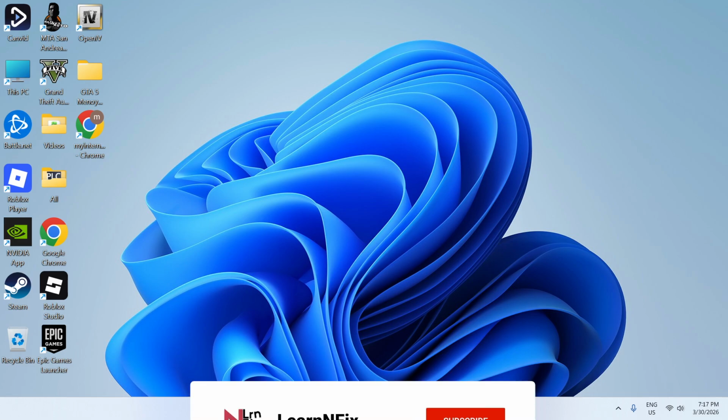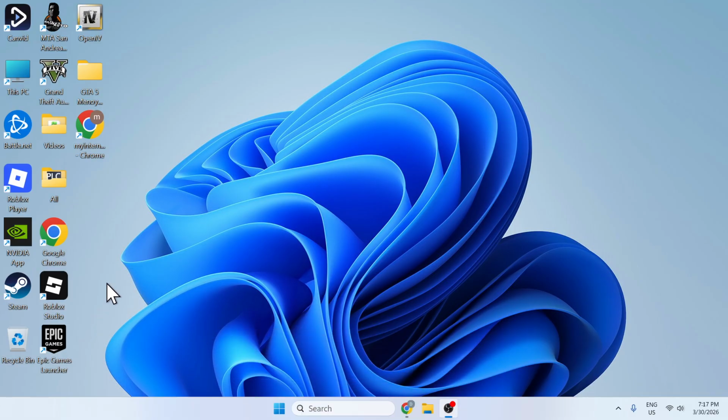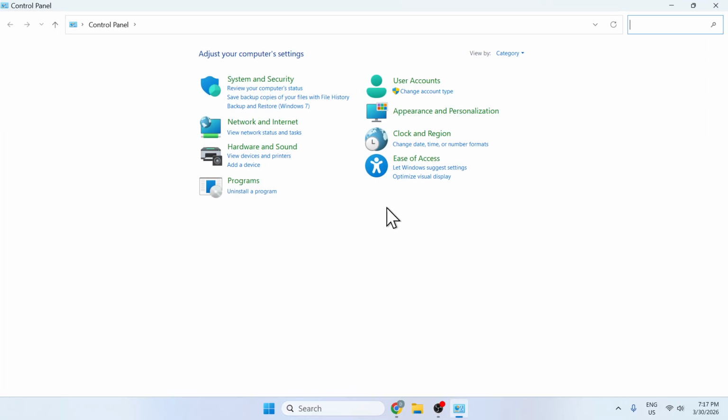In this video, I'm going to show you how to fix USB device not recognized in Windows 11 and 10. First thing you're going to do is go here and go to Control Panel. Then you want to go to Power